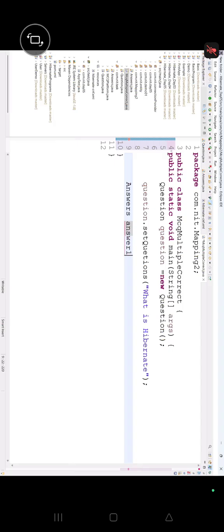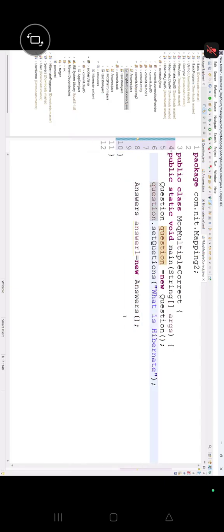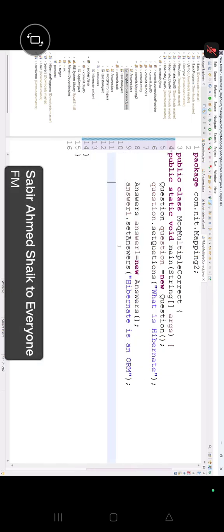Answer1 equals new Answer. Now everybody concentrate. Answer1 dot set answer as, suppose I'm giving multiple answers: Hibernate is an ORM technology. Okay, now the next one, answer 2, I'm giving as